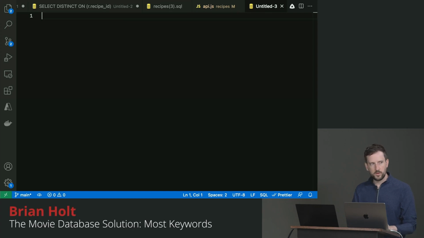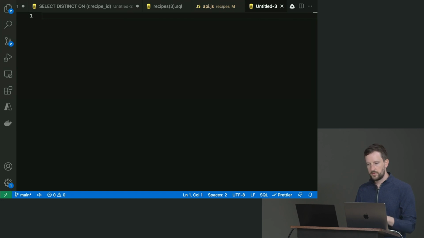We have the movie keywords table, we have the categories table. So we have to start from movies, then go to movie keywords, which is a connecting table to categories. So we have to go from movies to movie keywords to categories.